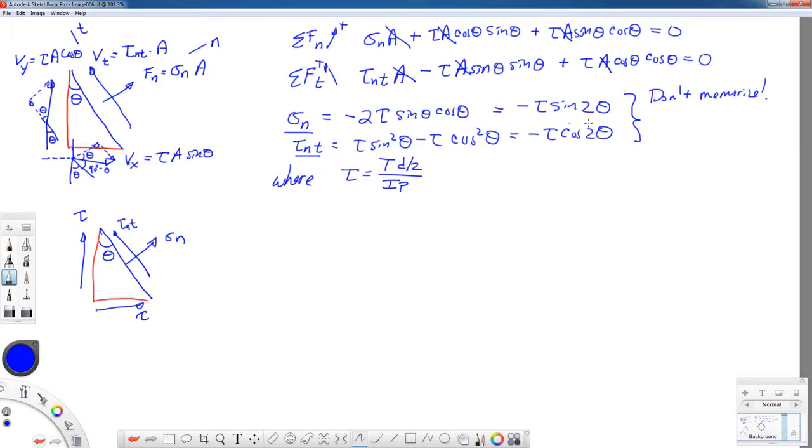If we want, we can take the derivative and set it equal to 0 and find the angles, but we did that for the tension problem, so let's just look at the formulas themselves. Let's look at maximum normal stress, sigma n. Well, what makes a maximum is, for a sine, the maximum sine value is 1, and that occurs at 90 degrees, when the argument is plus or minus 90 degrees. Now, since this is 2 theta in here, the maximum is going to occur for sigma n at plus or minus 45 degrees. If I do plus 45 degrees,